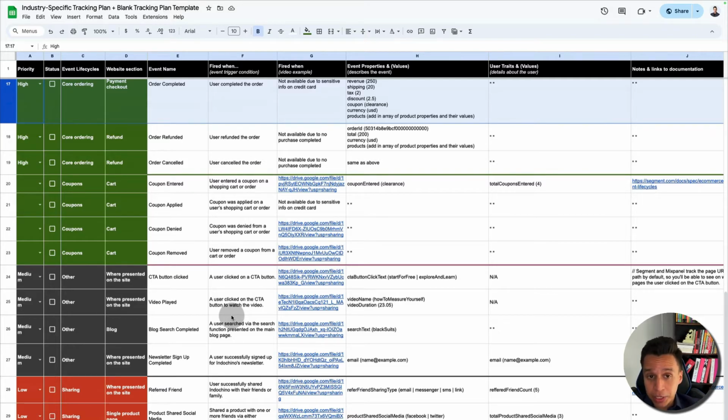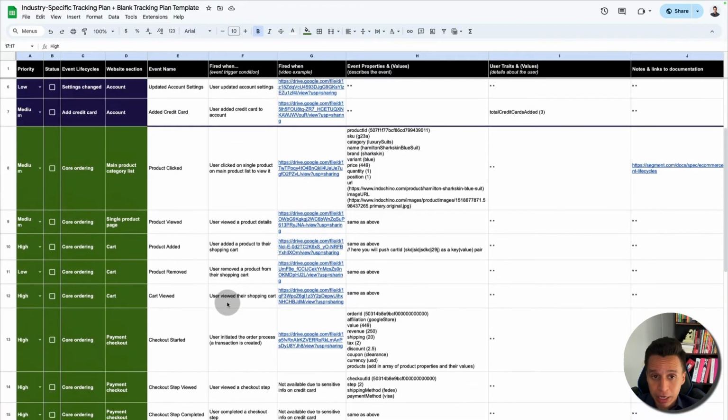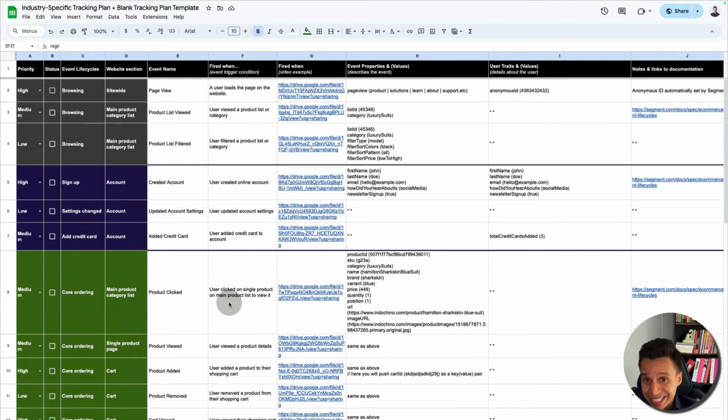I might have 20, 30, 40 rows for all the actions. Not every row is important, and you're not going to implement every single row. But I find it really helpful to put them all here and see them all in one spot. Once you do, the real magic of the tracking plan is being able to edit things, to condense them and make them more logical. So generally,